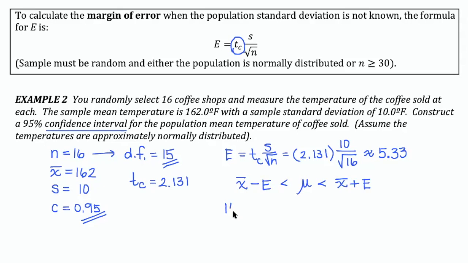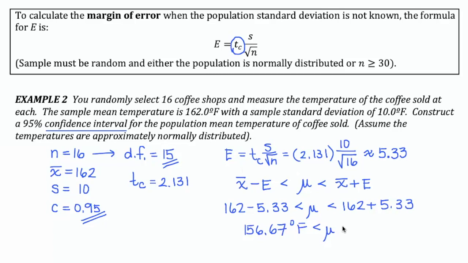So I'm going to have to take 162 minus 5.33 will be less than my population mean, which is less than 162 plus 5.33. And that gives me boundaries of 156.67 degrees Fahrenheit and